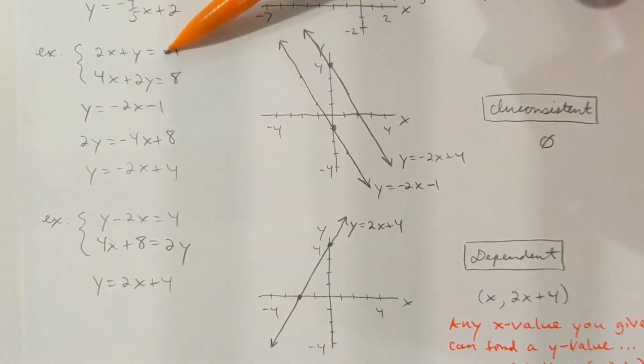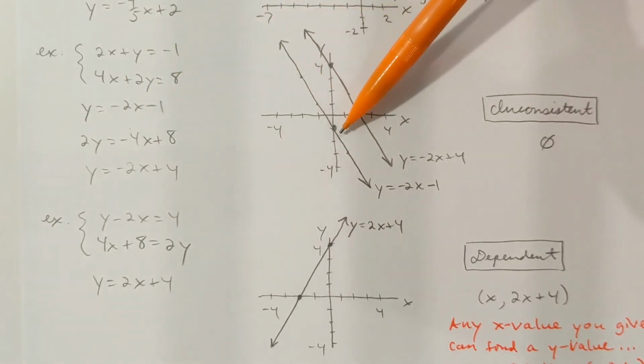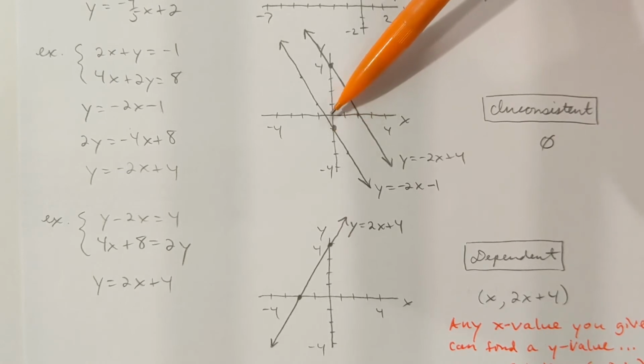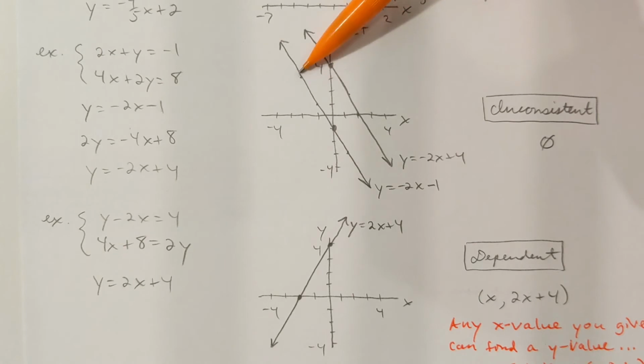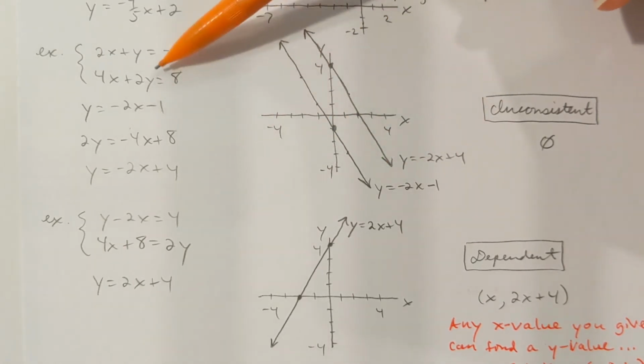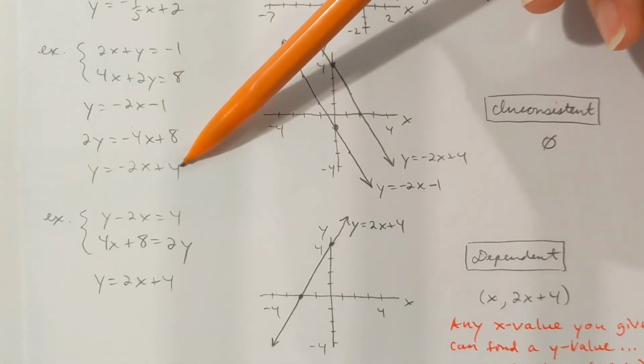So with this first line here, the slope is -2 and the y-intercept is at -1. Here's (0, -1). I can use that as a start point, and then I'm going up 2 and to the left 1, or you can go down 2 and to the right 1, same thing. And then in this other line, which ends up being y = -2x + 4 in slope-intercept form,